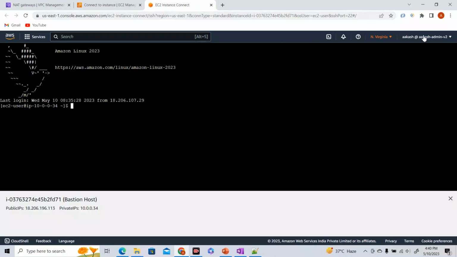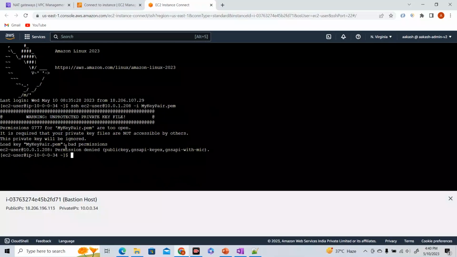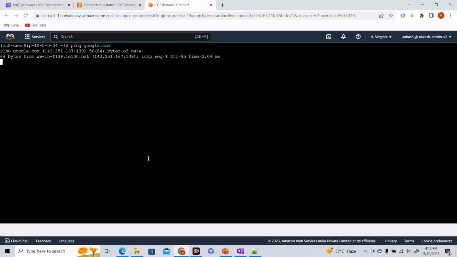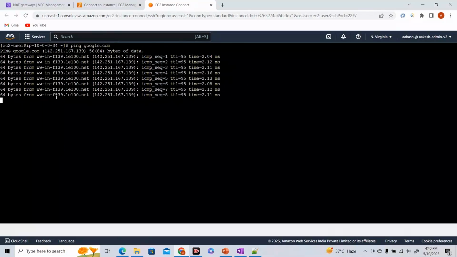Now let us run the same commands. Let us run this SSH ec2-user command. We are using the key pair because we have already learned this, right? I hope there is nothing to explain right now about this. So I am inside my private EC2 instance. Now I'll clear the screen, and I'm just gonna run ping google.com. So now you see that my private EC2 instance, which is in the private subnet, is able to communicate with